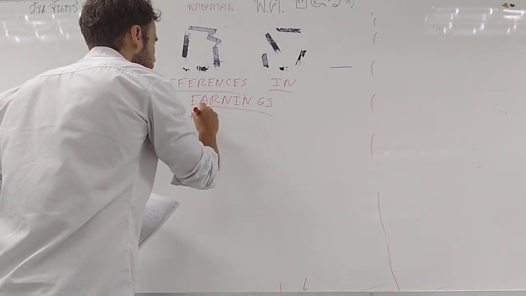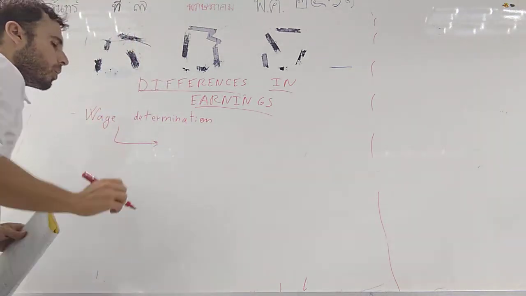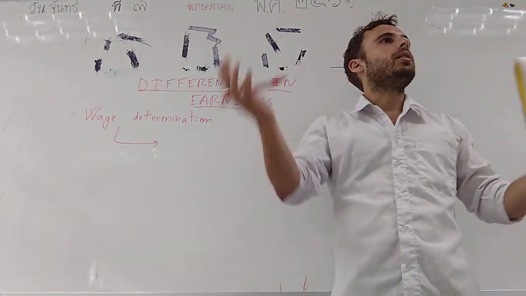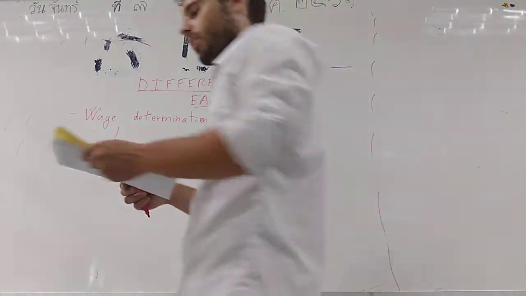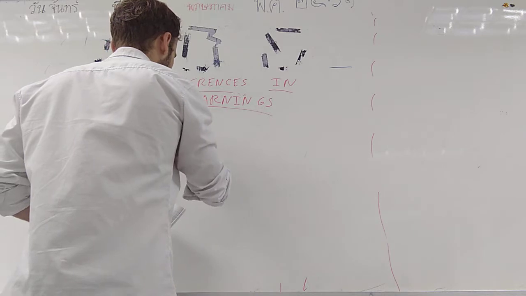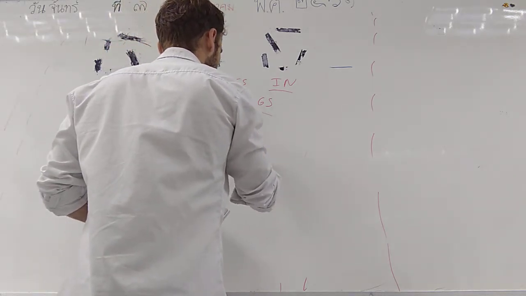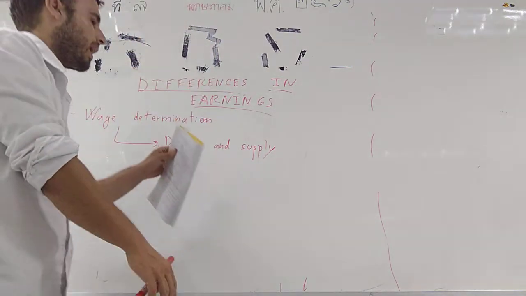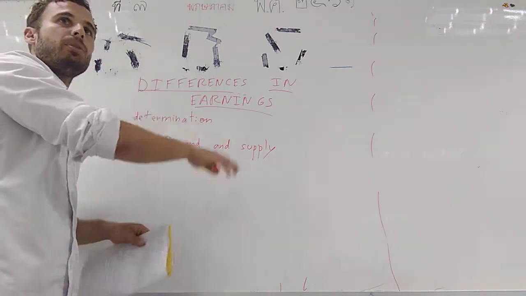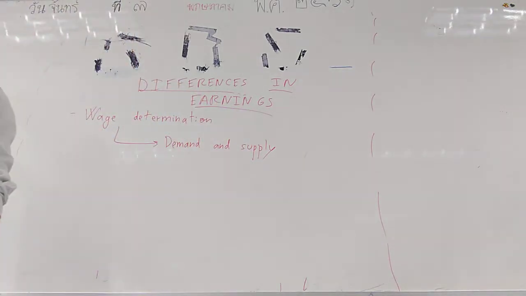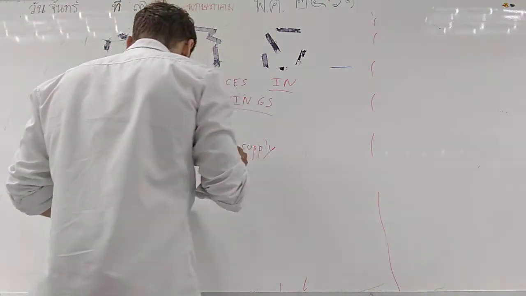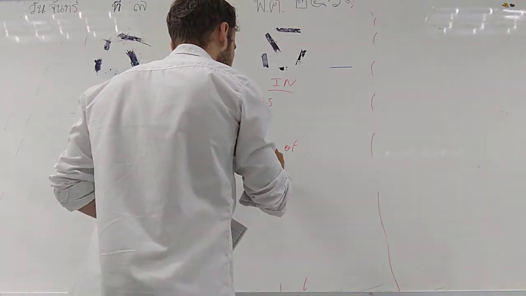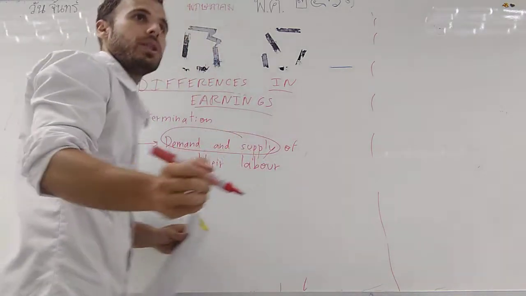Okay, the main and most important factor which is going to specify how much you will earn per month will be the rule of supply and demand. So it will be demand and supply. The relations, ever changing, between demand and supply are going to determine what your salary is going to be. Demand and supply of labor. Okay, we have demand and supply. Does everyone understand that concept, right?